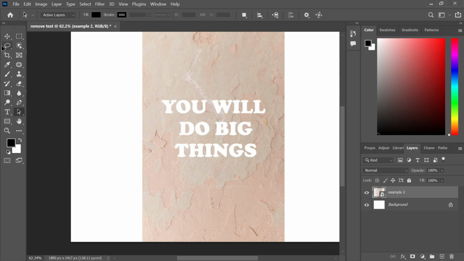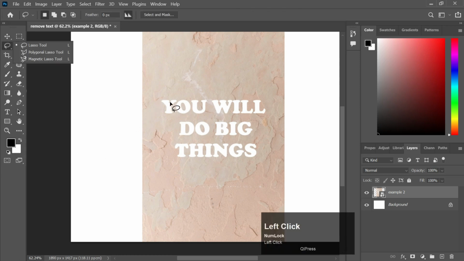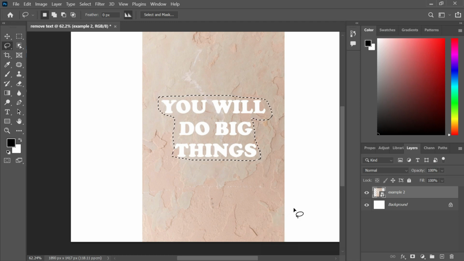How to do that? Click on this lasso tool. Select the borders of this area that you want to remove. Like this. Select this area. And now what we will do is